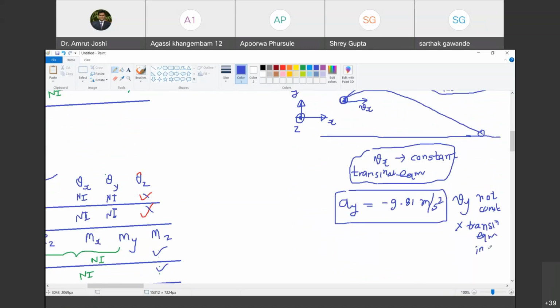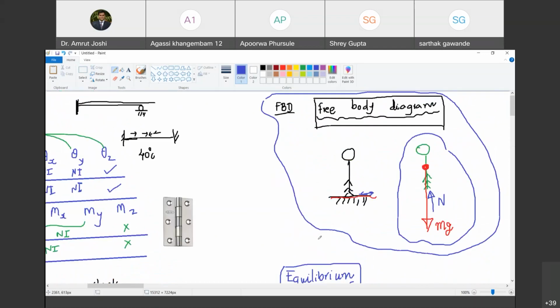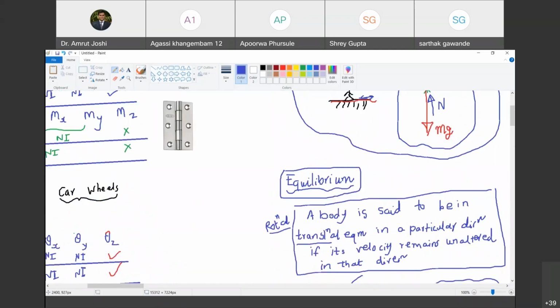So you have to understand that even though the word equilibrium looks simple, the body may not exhibit absolute equilibrium always. It may be in translational or rotational equilibrium about certain axes, but about other axes, it may violate equilibrium. Are you with me? Yes, sir. So can I now assume that you have understood the concept of equilibrium?